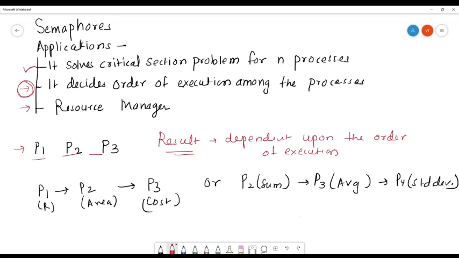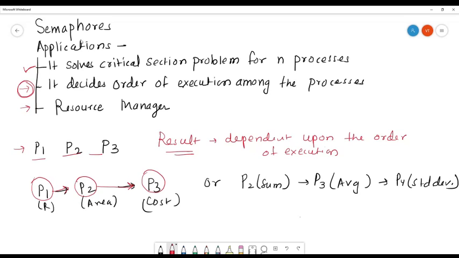Here, when the result depends upon the order of execution, we expect that the sequence of execution should be maintained. For example, if we want to calculate the cost of a particular area, maybe process P1 is calculating the radius, process P2 is calculating the area, and process P3 is doing some other task depending upon the area. In this case, the order of execution should be first P1, then P2 and then P3. Otherwise, the result will be wrong.